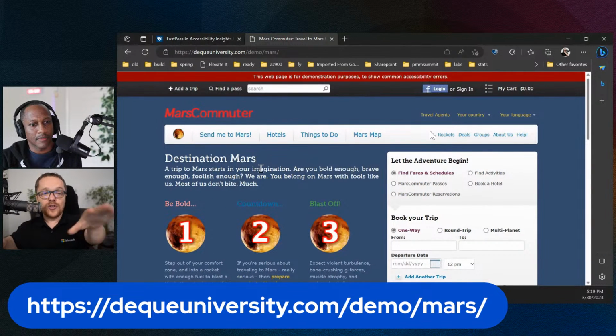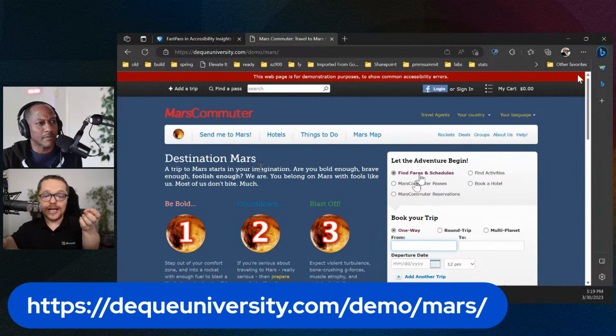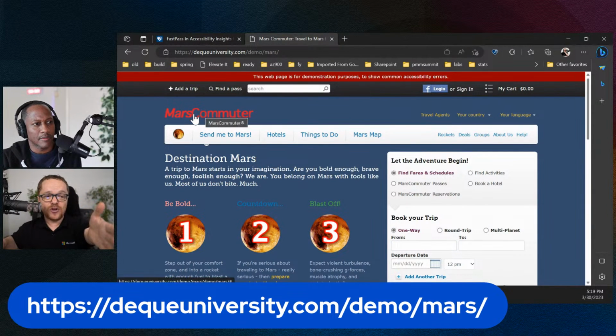Okay. So this is a site here, and you can see this looks fine. One-way trip. I hear the music now. Find the fares and everything. The biggest problem is if I am visually impaired, you can see already. Look at this. Look at that font there, Reynald. Does that not look a little bit weird and also a little bit offensive?